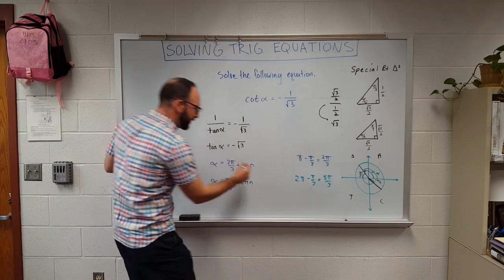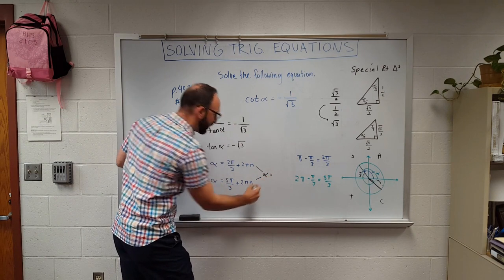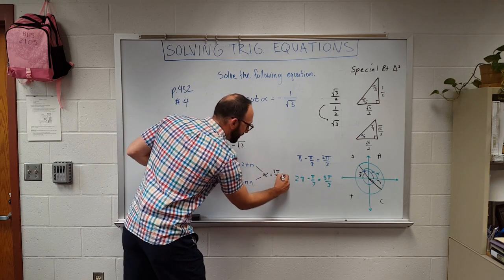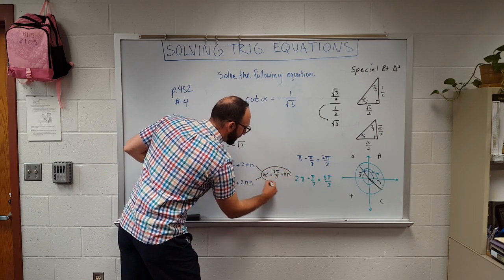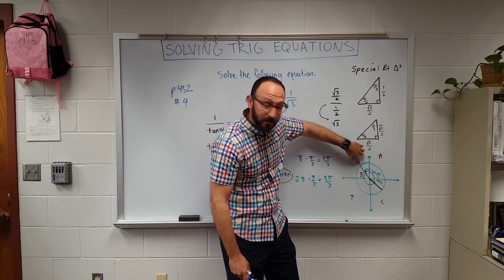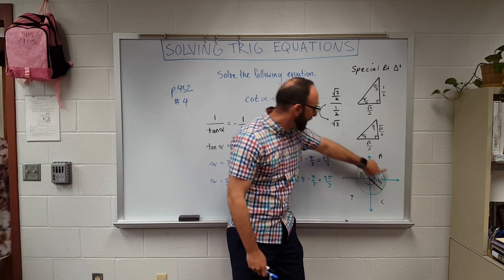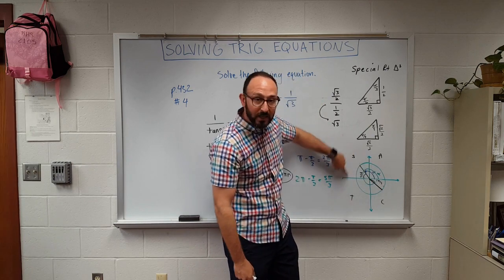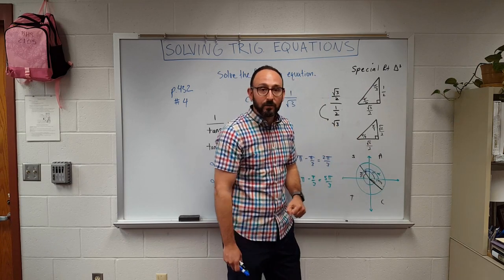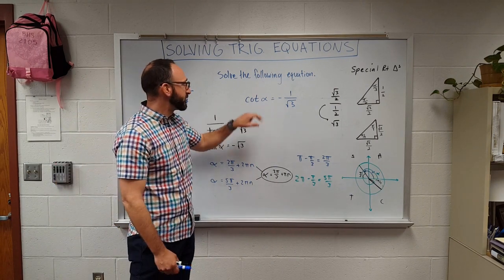But what I'm going to choose to do is to summarize this into one equation. Alpha is going to equal, starting off at 2 pi over 3, and instead of adding 2 pi n, we're just going to add pi n. And the reason why is, if we start at 2 pi over 3, rotate pi radians, that takes us to 5 pi over 3, and then those answers are just going to continue to repeat as we rotate in increments of pi radians. So again, the answer to this equation, cotan alpha equals